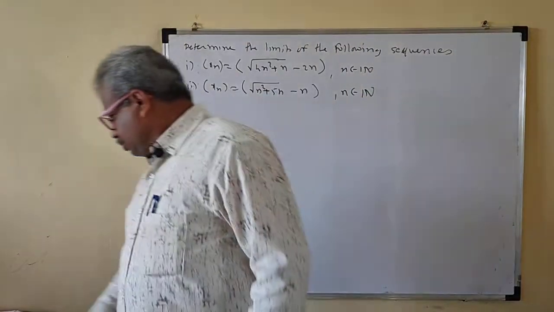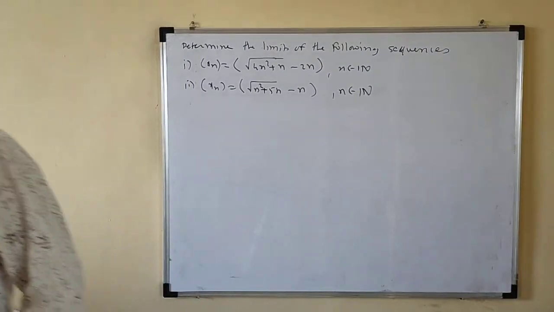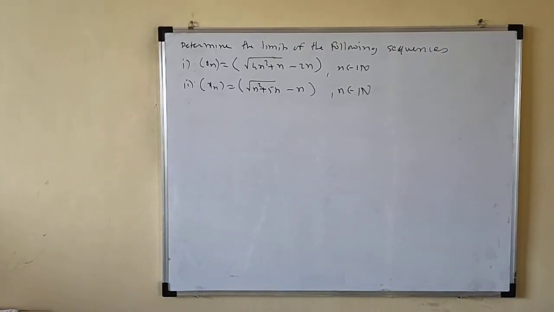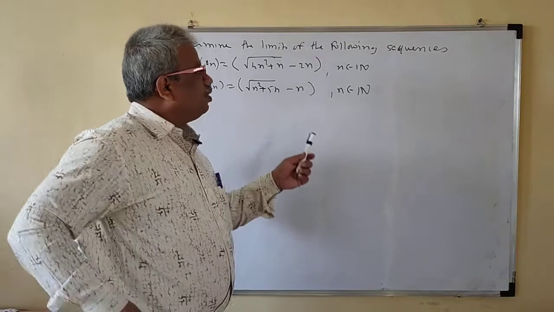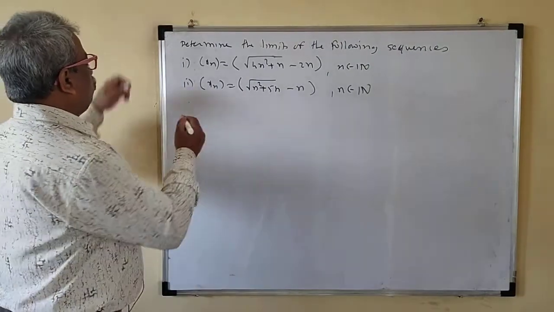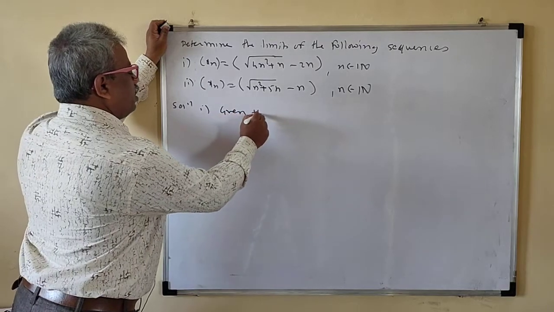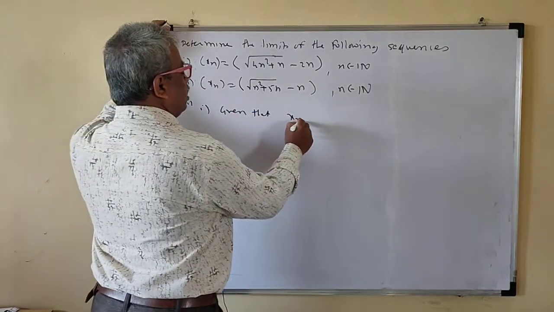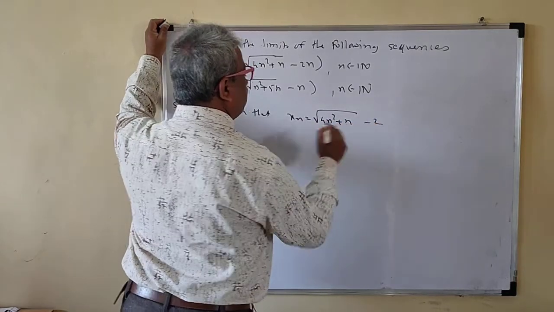So now what we'll do, we'll find the limit of the sequence. So determine the limit of these two sequences, we'll find that. Okay, so now the solution of 1, given that xn is equal to root of 4n square plus n minus twice